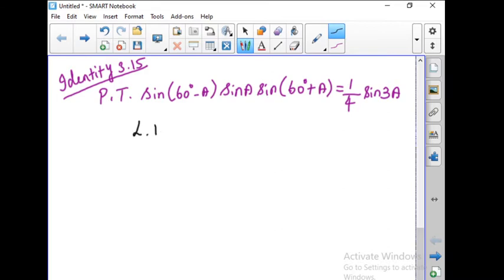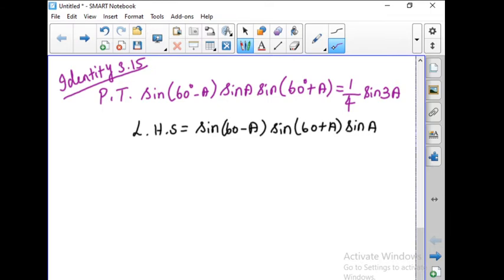LHS can be written as sin(60 minus A) into sin(60 plus A) into sin A. ஃபர்ஸ்ட் இப்படி எழுதிக்கலாம். இப்போ இதை பார்த்தீங்கன்னா sin A sin B அப்படிங்கிற ஃபார்முலாவில் இருக்குது. This is the formula here we use, sin A sin B. அப்போ இதை எப்படி நம்ம எழுதுவோம் அப்படின்னு பார்த்தீங்கன்னா, sin A sin B can be written as